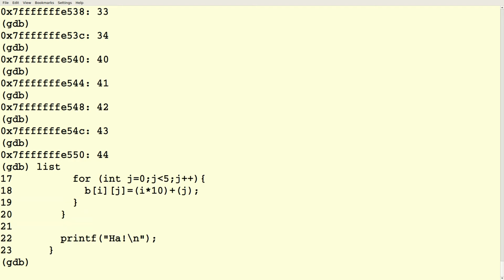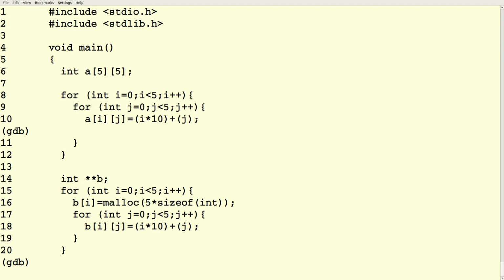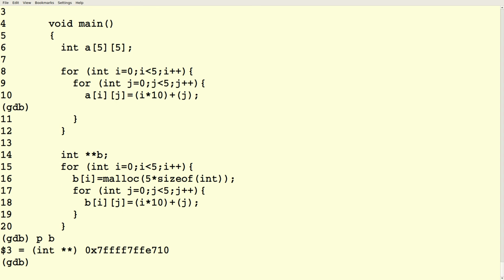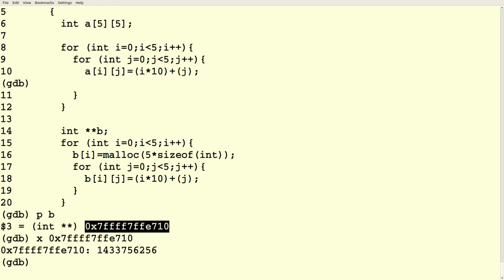When I do an integer star star, it's a different story. B is equal to another memory address. B is pointing somewhere in memory, but if I look at that location, I don't find my first element of the array.